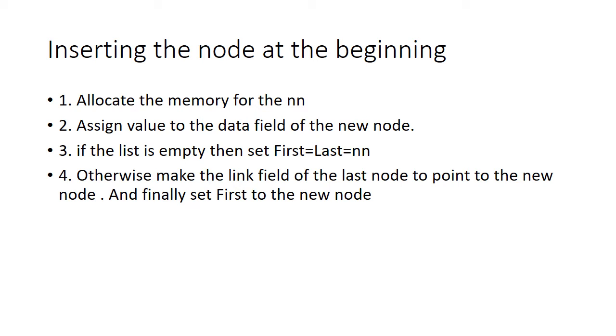That is, if you don't have anything, you create a node, you make the pointer field of this new node point to itself, and this node becomes first as well as last. But if you have something in the list, you allocate the memory the same way, you enter the data, you make the pointer field of this new node point to first, and the last node's pointer field will be pointed to the new node, and this new node becomes first.